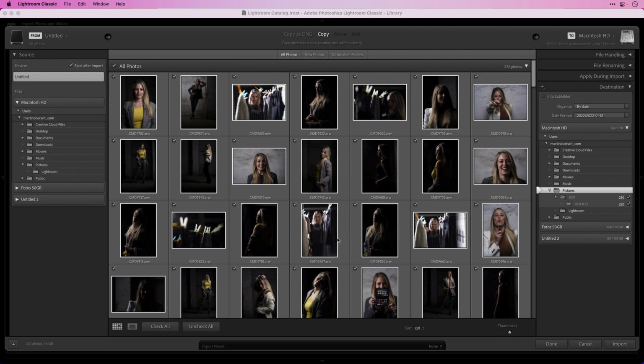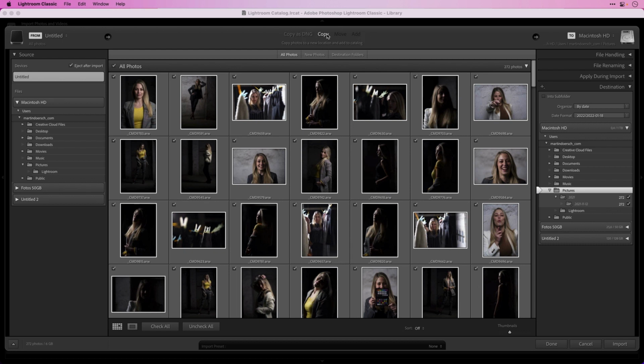And the Lightroom import dialog is working like this. In the left region you have the source, so where you get your images from. In the middle you see the images, and on top of this dialog you have some options to copy, to move, to add, and to copy as DNG.